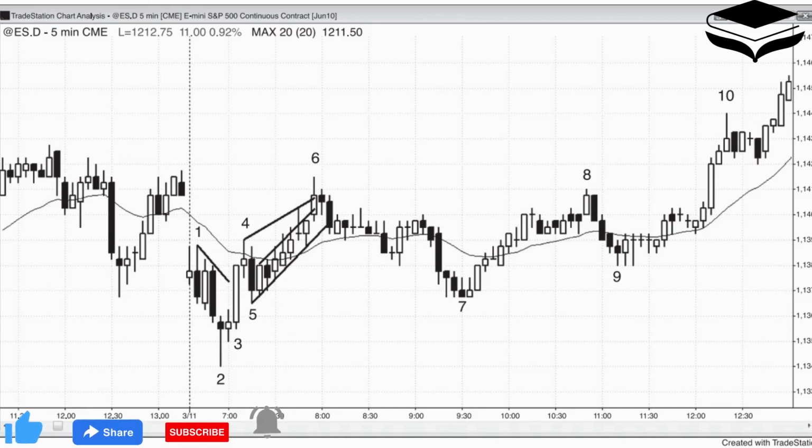Once that pullback begins and the market is moving down toward the start of the channel, traders will suspect that a trading range is forming, and they are right. Price action traders will anticipate that trading range as soon as the spike ends and the channel begins,